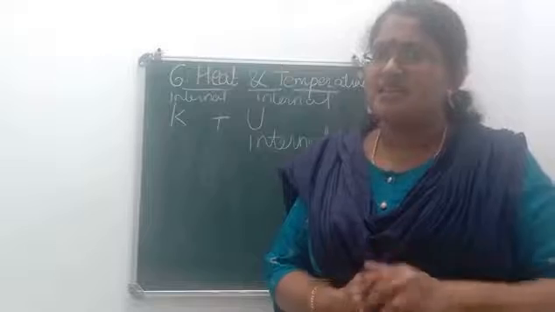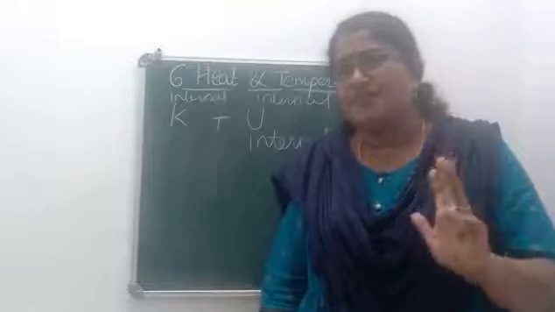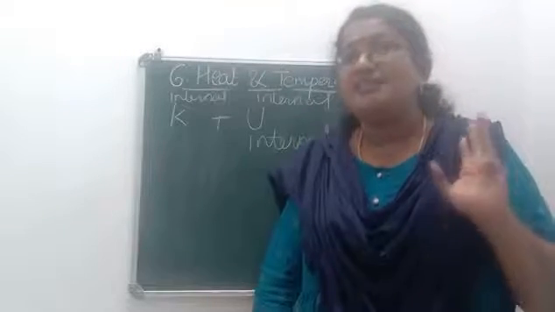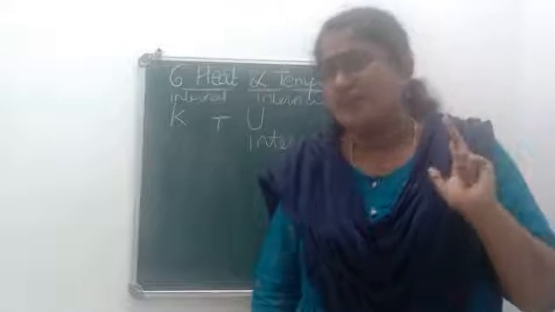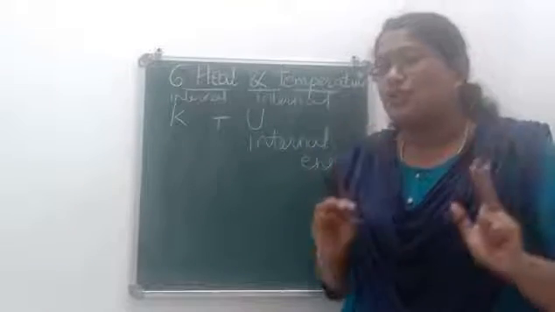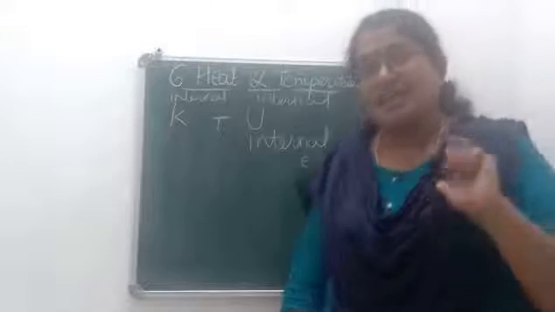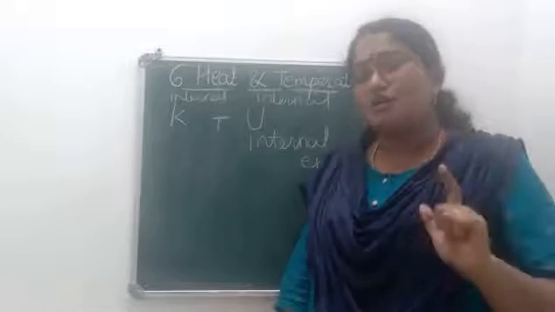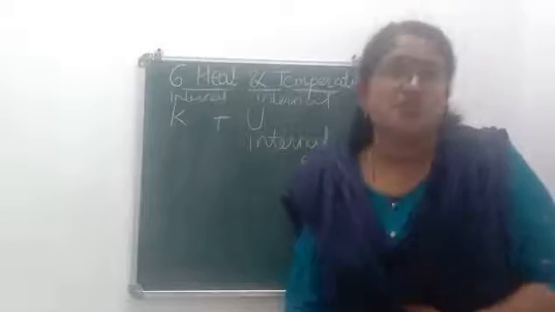So we have discussed three different types of definitions for heat. First one is, heat is a form of energy which produces the sensation of hotness or coldness. Now second one, heat is the sum of, or it is the total internal energy of the molecules present in the substance. Then heat is an energy which always flows from a hot body to a cold body. So any one can be considered as the definition for heat.